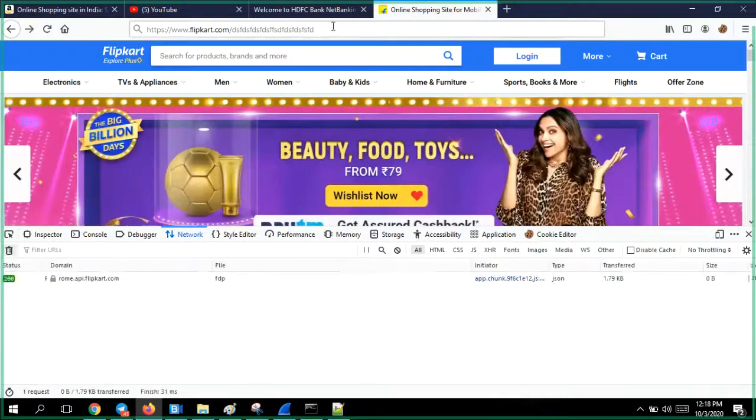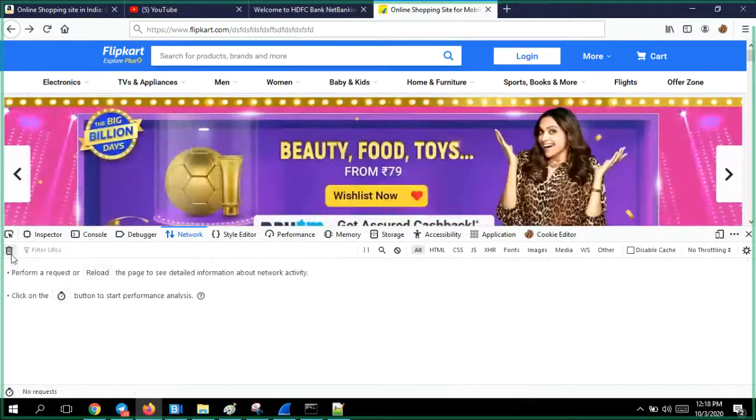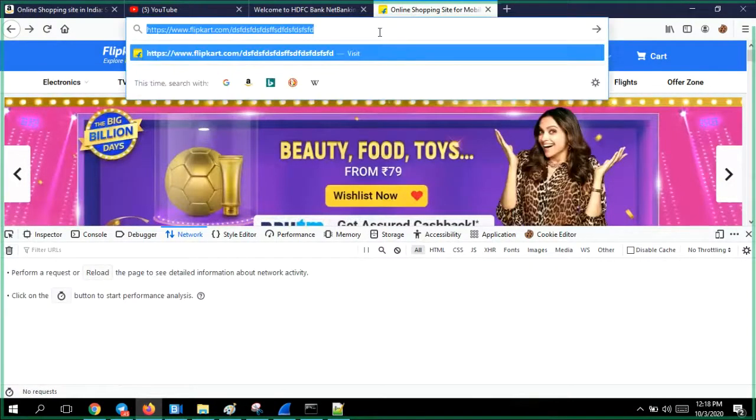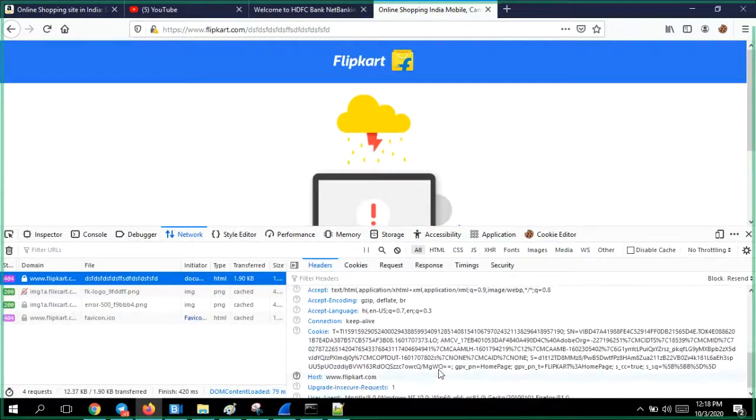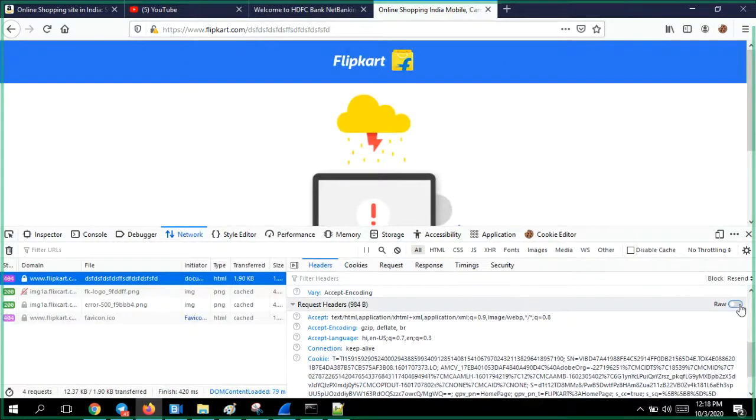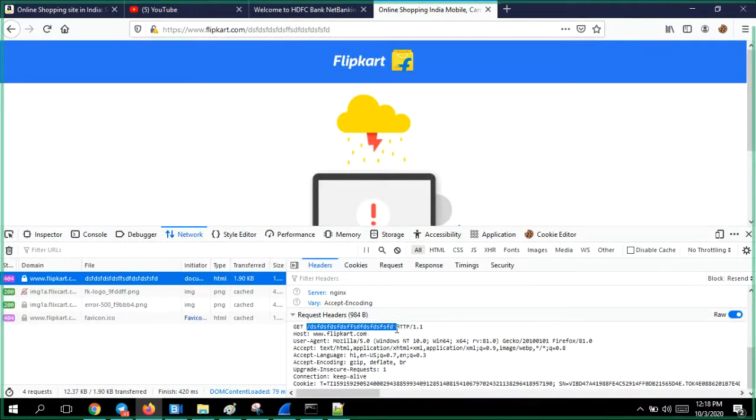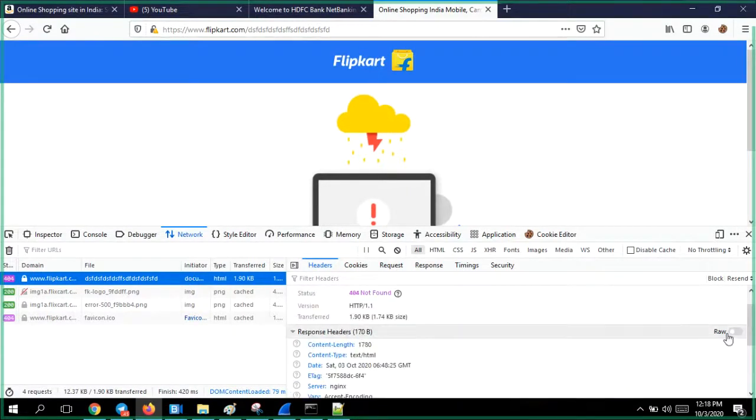Let me show you this. See, this is the one. You asked for some page. This is the request: I said I want this page from Flipkart.com. Let me show you the response code you got. Sorry, boss: 404 not found. I did not find the page you are requesting. That page is not there. I have so many pages in me.